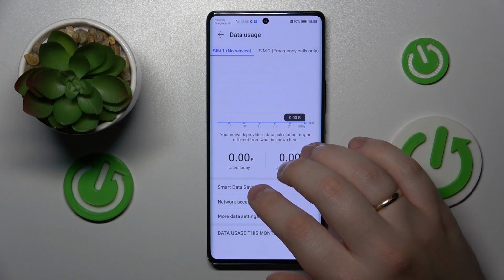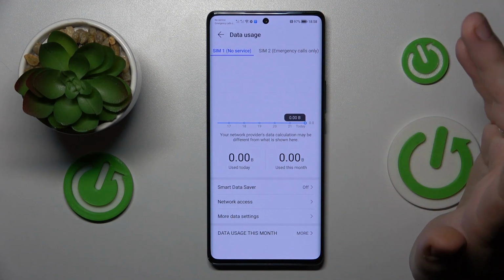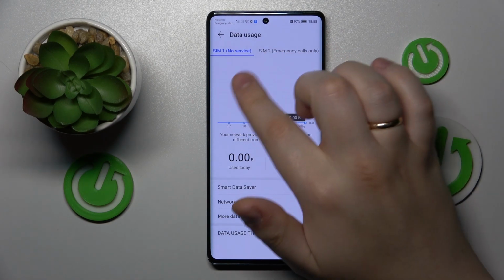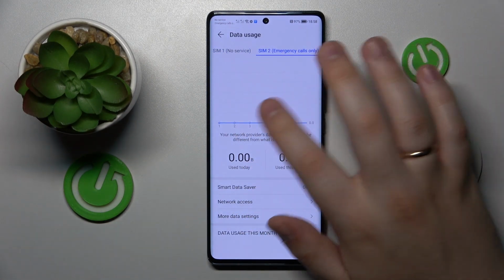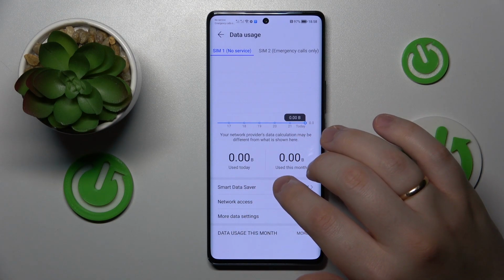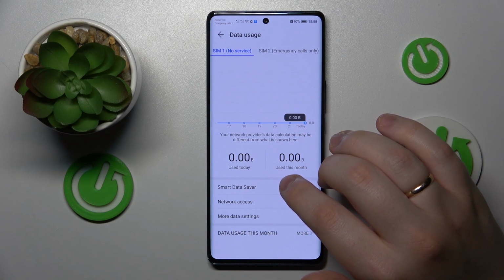the following data usage page allows you to see how much cellular data you have used with SIM 1 and SIM 2 respectively. Then if you would like to see your Wi-Fi usage or the general amount of cellular data